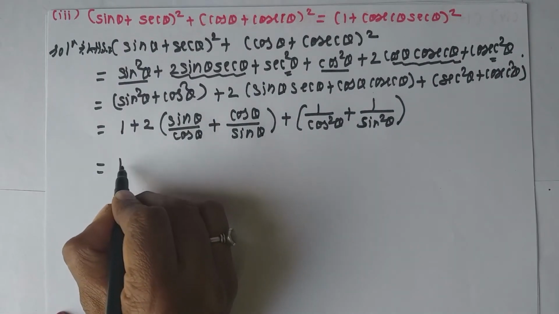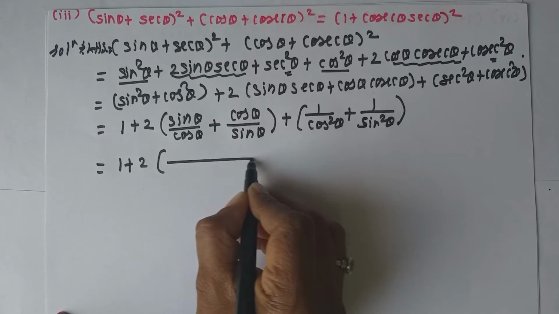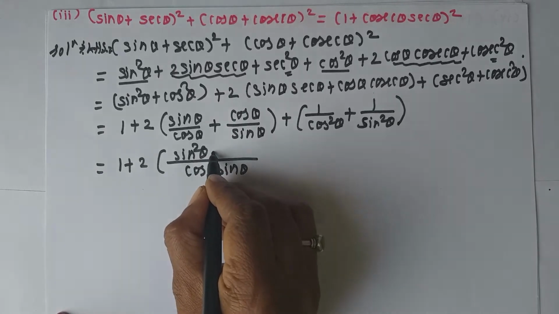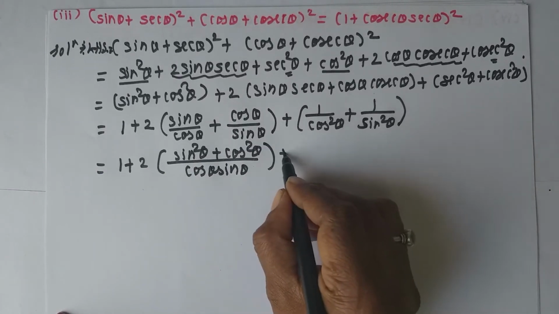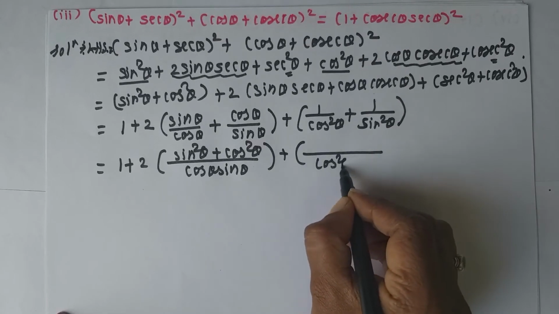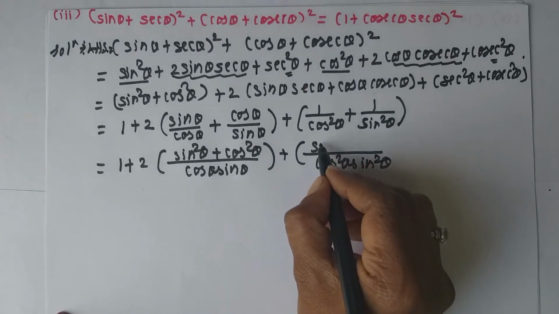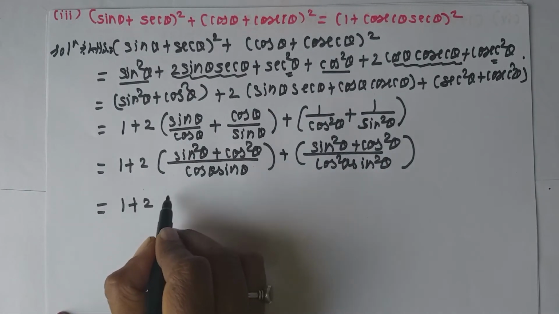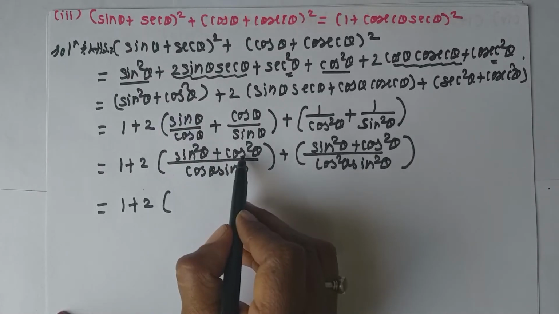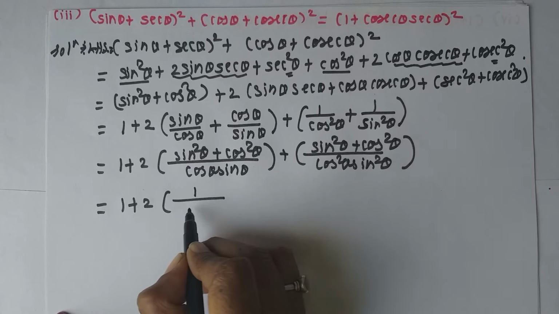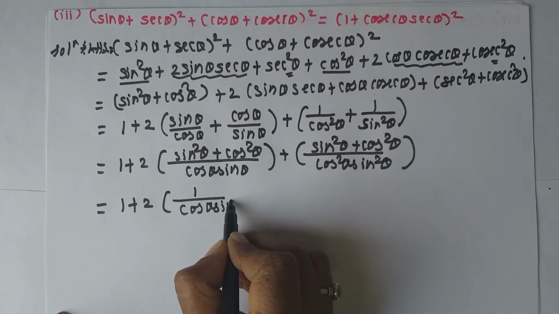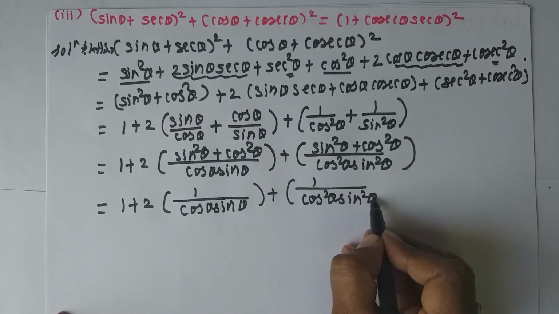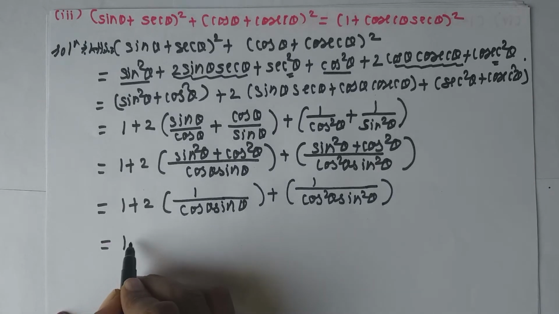Okay, now we will simplify this. Keep 1 as it is, and here take the LCM. This will be cos theta sin theta. Take the cross multiplication. This will be sin square theta plus cos square theta. Again here take the LCM. That will be cos square theta sin square theta, and cross multiplication sin square theta plus cos square theta. Now what will be this? This is the first identity, sin square theta plus cos square theta. Therefore keep its value 1. This will be cos theta into sin theta plus, again this will be 1 upon cos square theta sin square theta. Okay. Now we will take reciprocal of this.